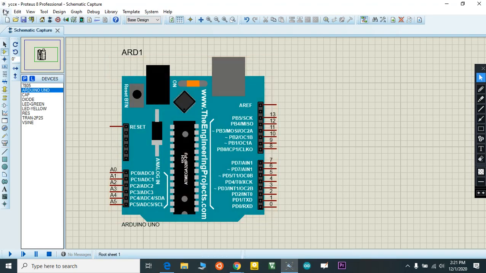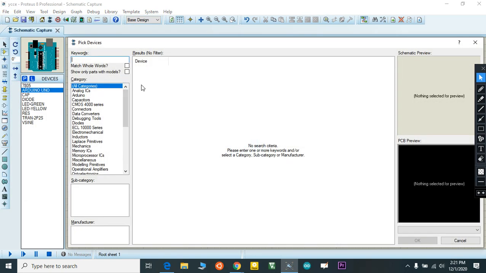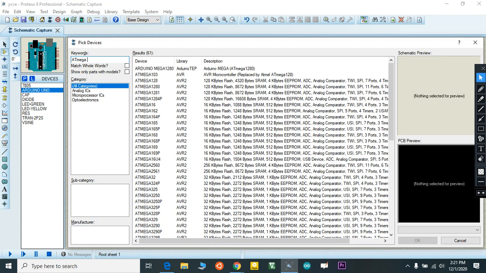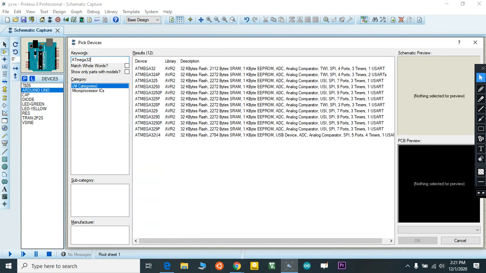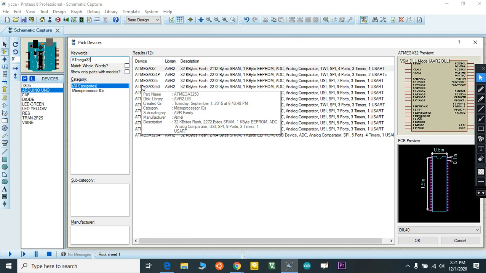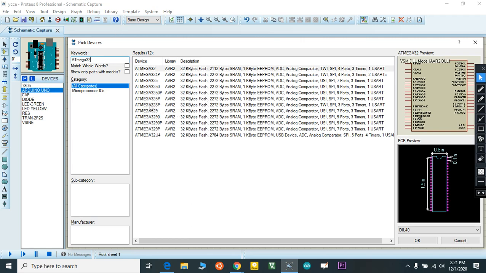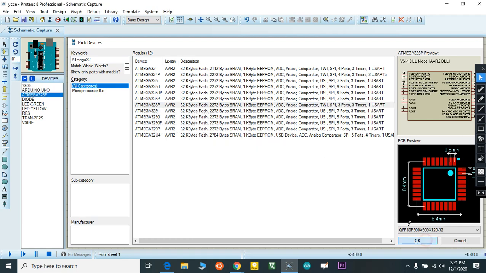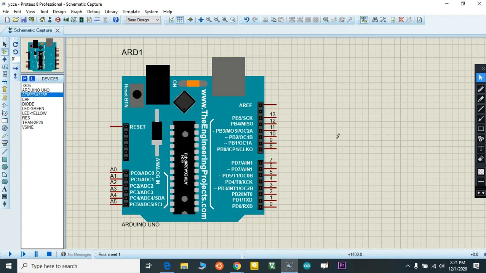See, file, components. What's our IC name? It's Atmega 328P. You can see here Atmega 328P. So this is our IC.